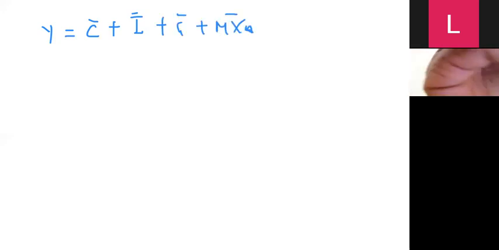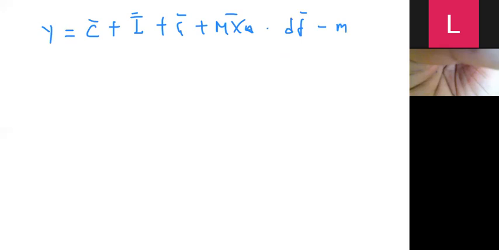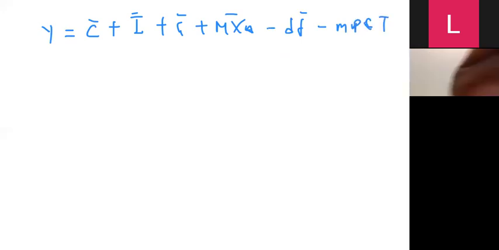Minus we did mention D and F, right? Minus MPC multiplied by tax, all over 1 minus MPC,